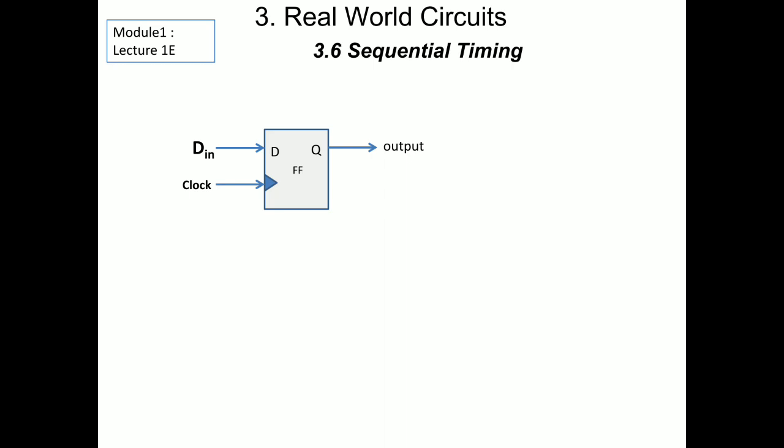In the previous lectures we have covered till part D. Part A gave the introduction to digital systems and embedded systems, and in part B we started with real world circuits. In that we saw IC histories and logic levels, and in part C we continued our real world circuits with static load levels, meaning the presence of current on the output wire. What is its importance and how to find the fan out. In that lecture we saw what fan out means and how to find the fan out using static load problems.